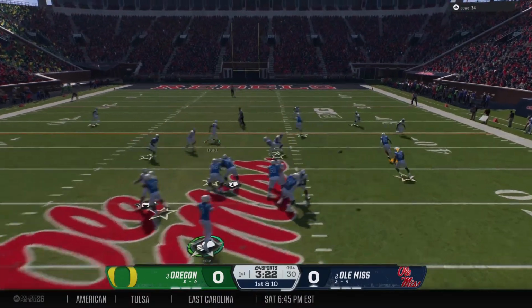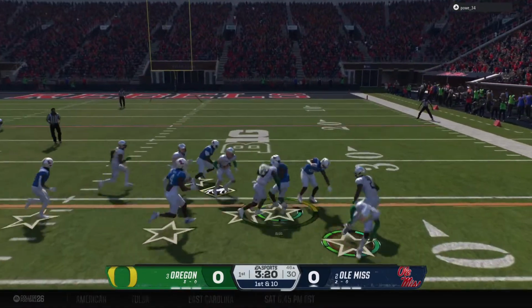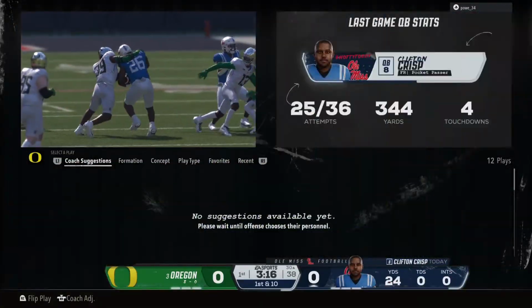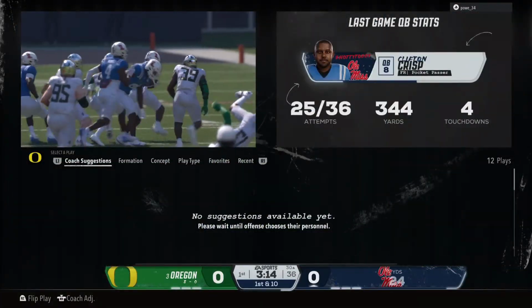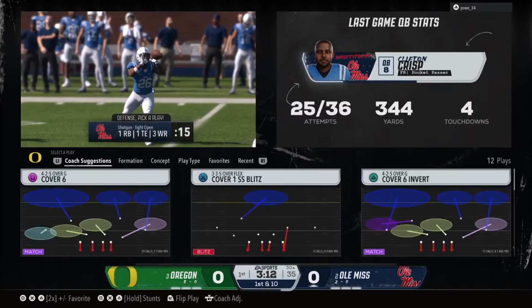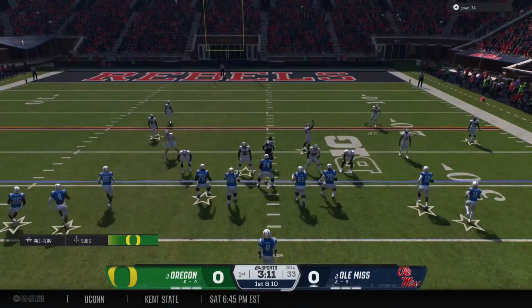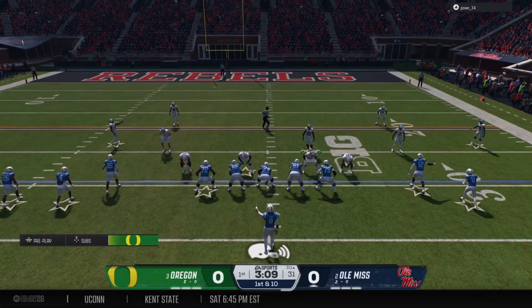First down, looking to throw the ball. Caught quickly. Tackle made, but the game moves the ball to 30. Well, it's so easy to get caught up in the receivers, the quarterback, and your eyes get lost. You forget about the running back. Nice catch and a first down for this offense.